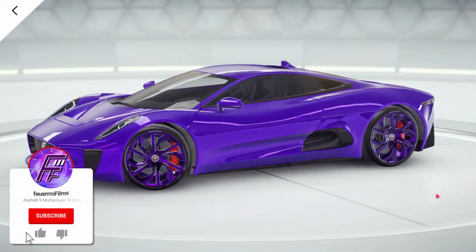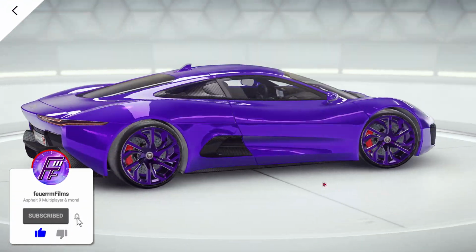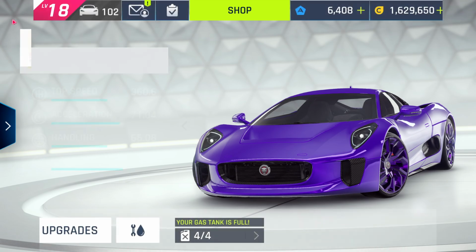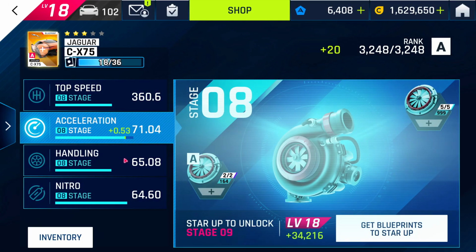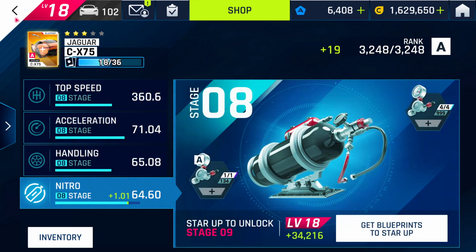Hey guys, Furum here, and today I'm going to be testing the Jaguar C-X75 in multiplayer in Asphalt 9. I 3-starred this car a while back, around the same time I unlocked the Genty Acculone and 2-starred the Carrera